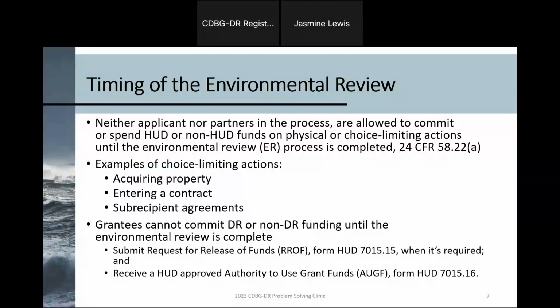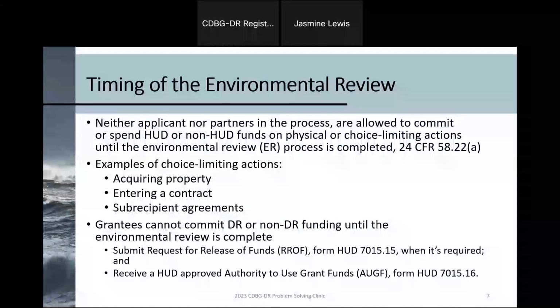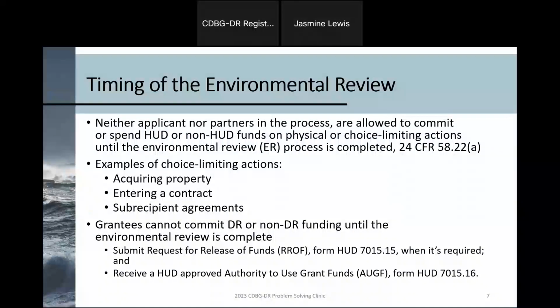Part 58.22 also says that you have to have a written environmental review record beforehand and cannot take actions before the environmental consequences are fully known. Remember, the goal here is to avoid adverse impact. So key takeaway, do not spend a dime or do anything with your project until the environmental review process has